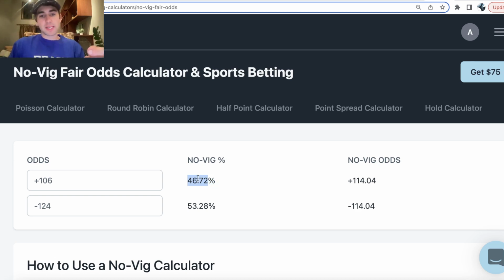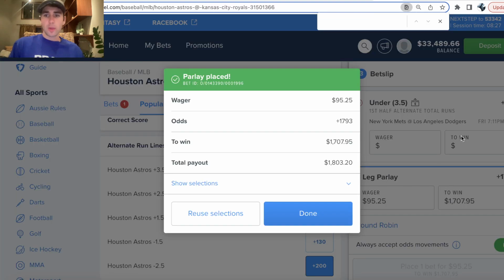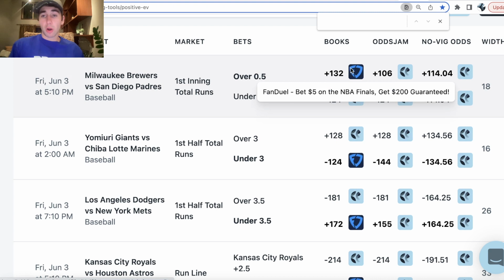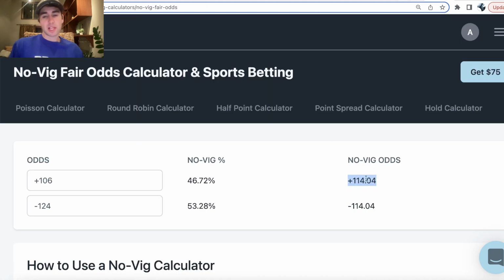So Pinnacle is pricing that yes run first inning is 46.72% to hit, which implies a fair line, a no vig price, a zero juice price, true odds is most common, whatever you want to call it, a plus 114. So the true price for this bet is plus 114. We got it plus 130, I believe, or plus 132 in our parlay, and the true price is plus 114. So the odds we are getting are above the true price